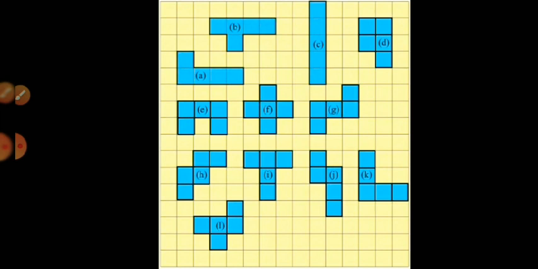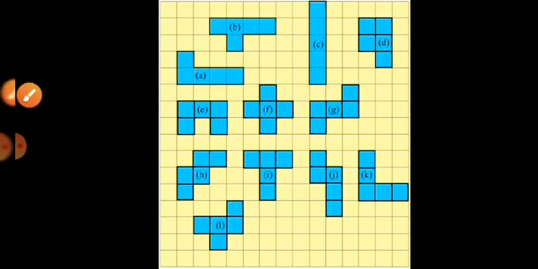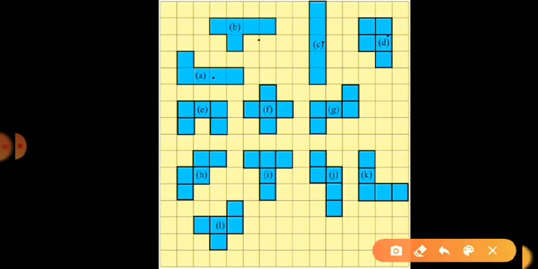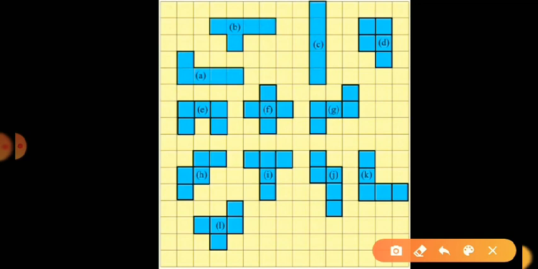You can see A, B, C, D, E, F, and so on, meaning 12 shapes are made here with pentominoes. Now you have to answer the first question, how many shapes we have drawn. You can write we have, I think, 12. Let me count: 1, 2, 3, 4, 5, 6, 7, 8, 9, 10, 11, 12. Yes, we have 12 shapes. And the second question was to find the longest perimeter. You can see that A, B, C, E, F, G all look like they have the same perimeter. How much is that?